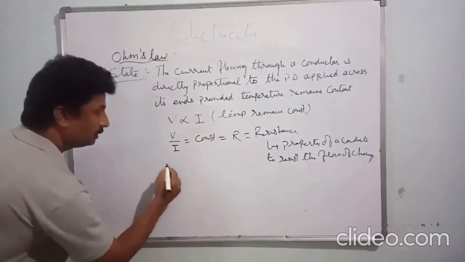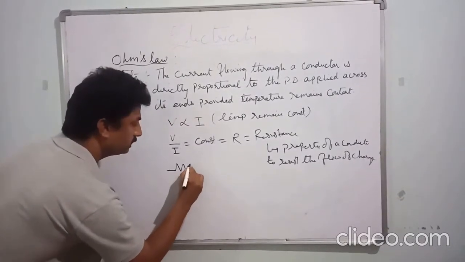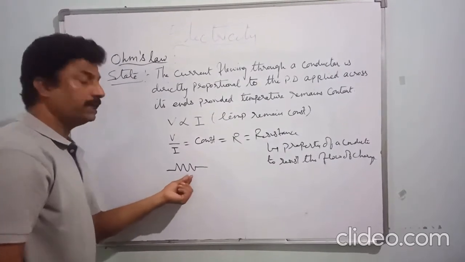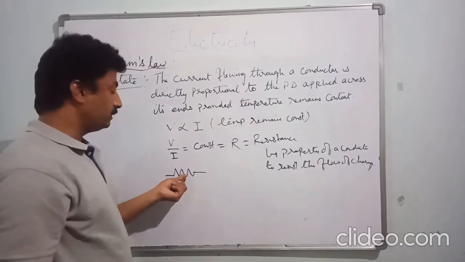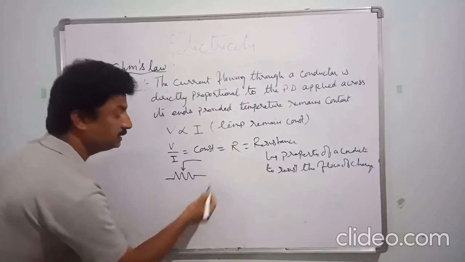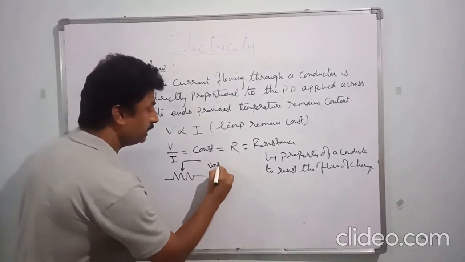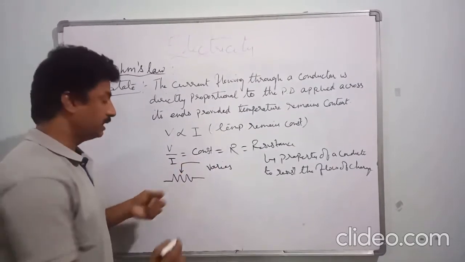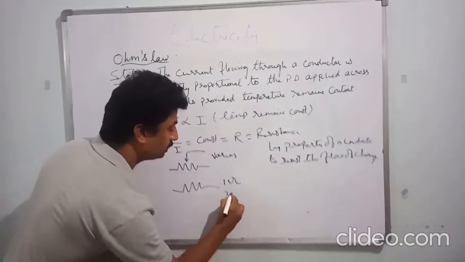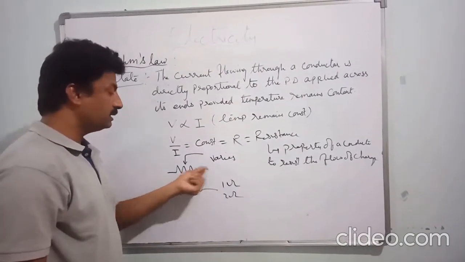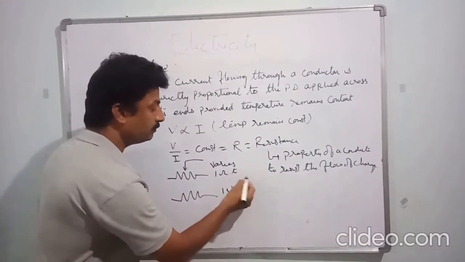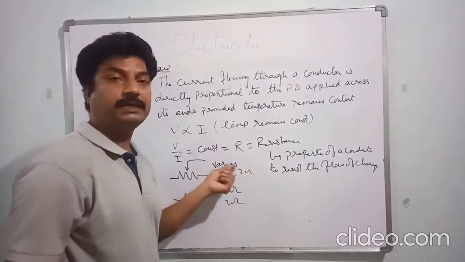Resistance is denoted with this symbol. Whenever you see this, it is the resistance; it could be a nichrome wire also. One more thing, if you see it drawn like this, it is a variable resistance, which varies. If it is drawn in this manner, it is fixed, it could be 1 ohm, 2 ohms, anything like that. But here it varies. We can vary this one from 1 ohm to 2 ohms, anything we can vary.